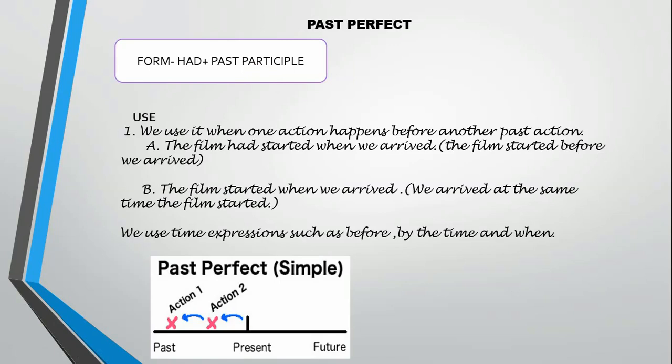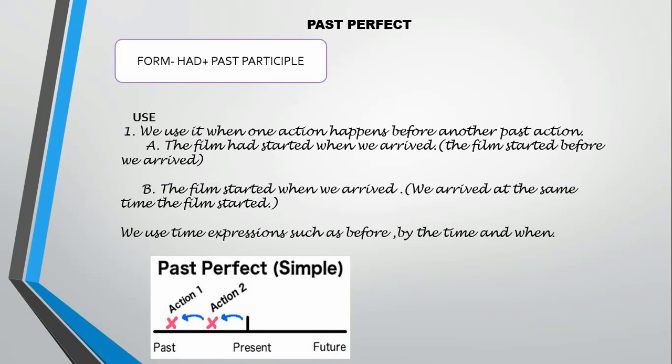Now, as we can see, the other form of the past tense, that is the past perfect tense, and the form of this past perfect tense is subject. With all the subjects, we are going to use had plus past participle, and we all know how this past participle is formed. It is formed by adding T, EN as well as D. I'll give you an example for this. For example, learned. So the V2 form will be learned. The V3 will be learned.